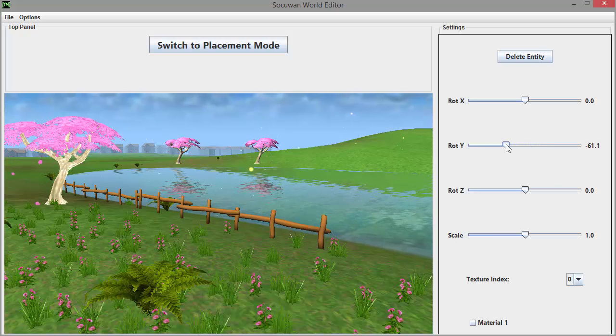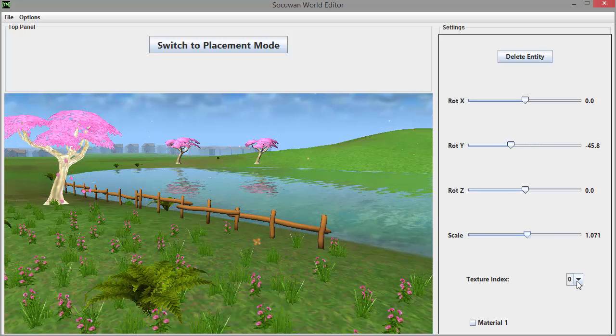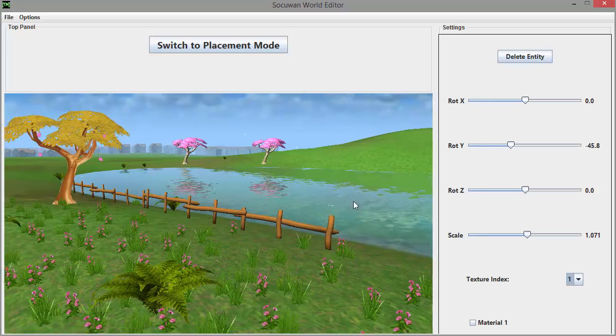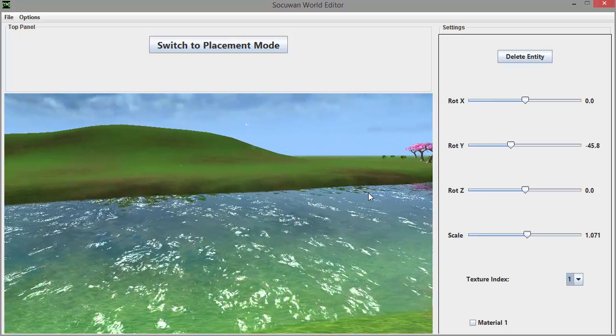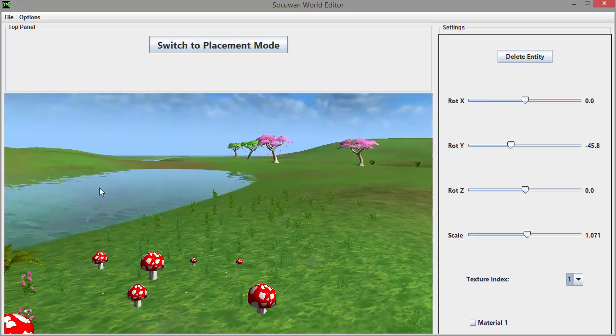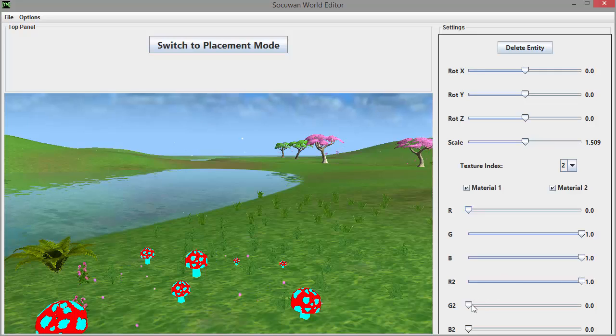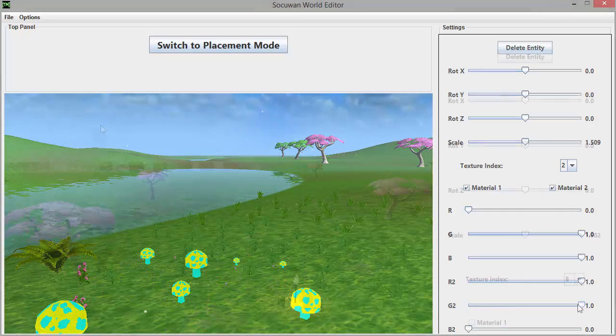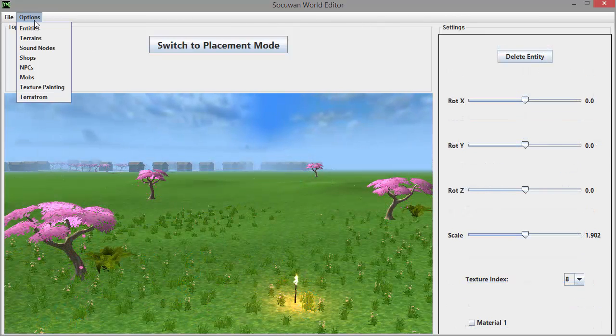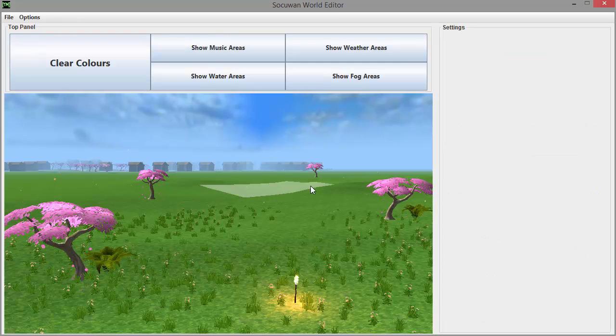You can now very easily delete, rotate, scale and change the texture of any entity, and if you remember in devlog 26 where I talked about some textures having customizable colours, I also added in support for that, as you can see here. So that's the entity options pretty much finished, and so I moved on to the terrain